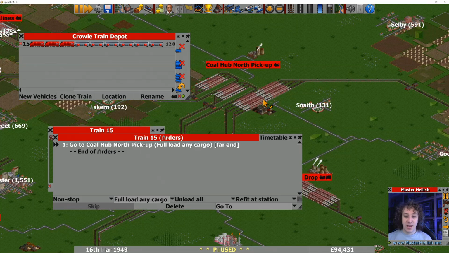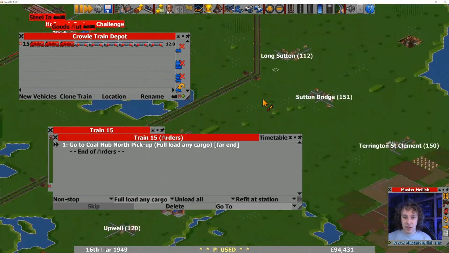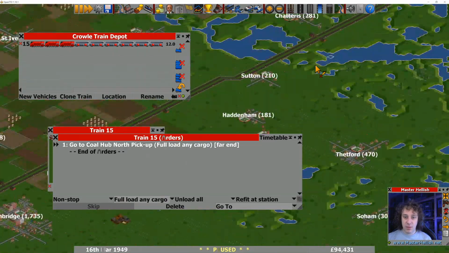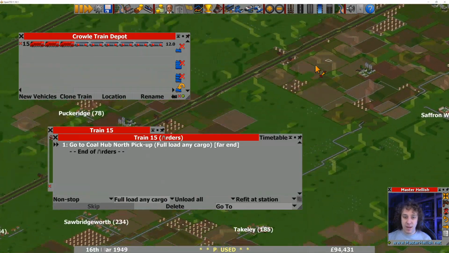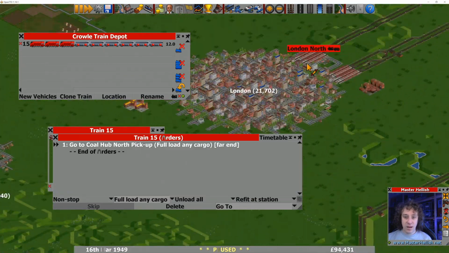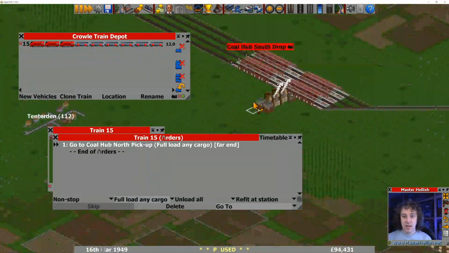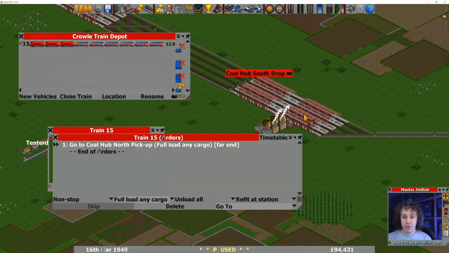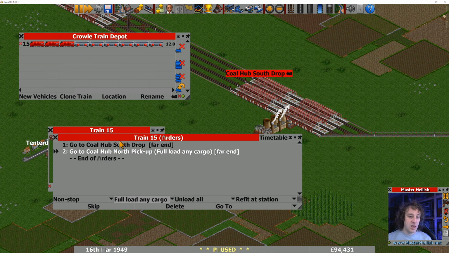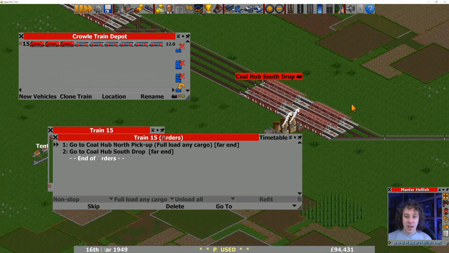Okay. Then after we've done that, we're going down the line, past Lincolnshire, past the Wash, down past Wisbech, all the way through the Cambridge area, past Harlow, and then past London, round the bottom loop, and into this cargo hub south drop, and that's where the power station is. Now I accidentally had that selected, so I'm just going to do it again,